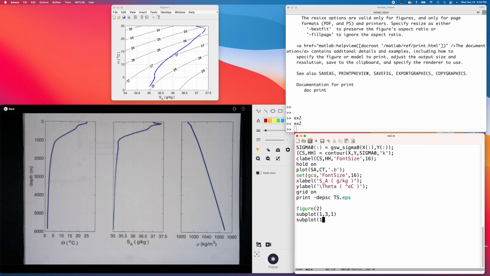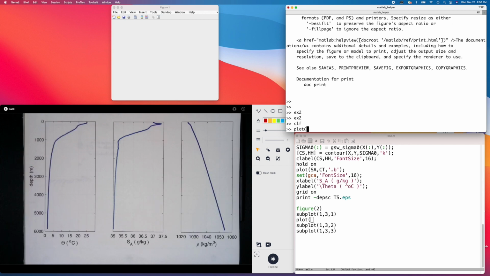Subplot 1, 3, 2 will be the panel for the absolute salinity. Subplot 1, 3, 3 will be the density. And then I plot, well, let's see, what shall I plot? Figure 2, CLF, plot